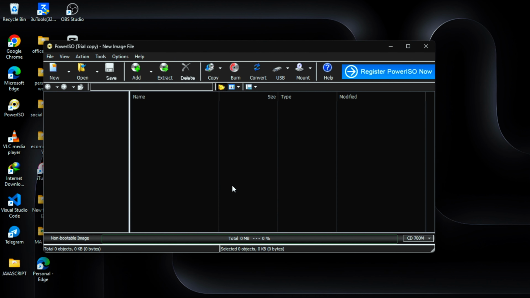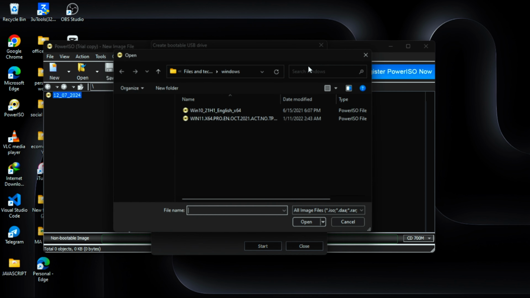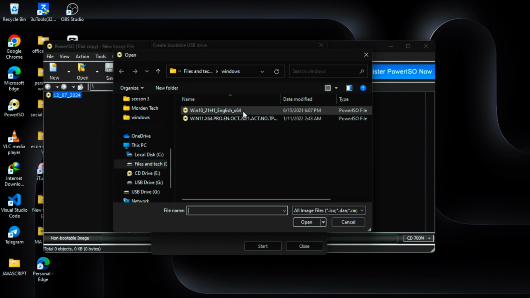Okay, let's click continue and let's start the process. So this will be the bootable dialog box. So let's start the process. Image file will be our bootable USB drive dialog box. So image file simply means the Windows, the location of the Windows. So we are going to click on this icon over here, then select our Windows here,